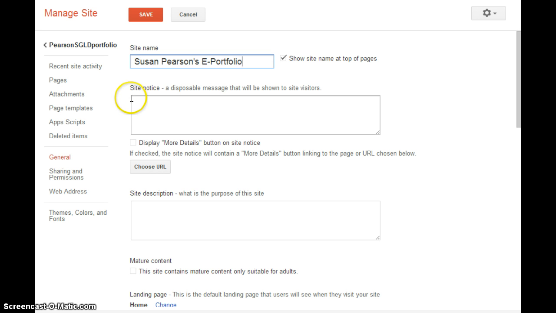The next thing you see is site notice. You don't want to do a site notice. Site notices are actually kind of irritating, and they're different than the site description. The site description is if you have multiple sites like I have, you might want to do a description that you are the only person who will see. But site notice,